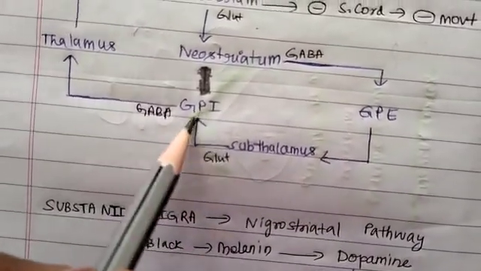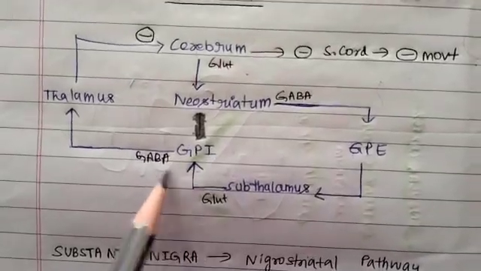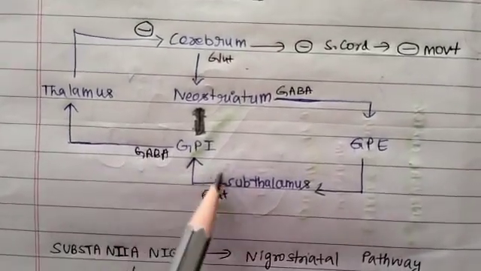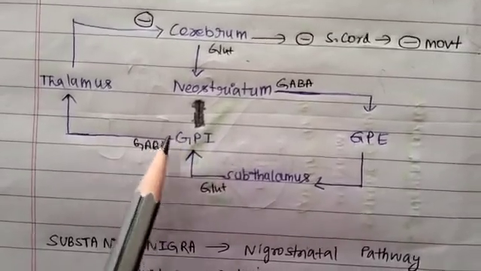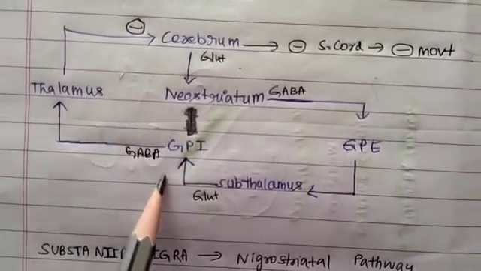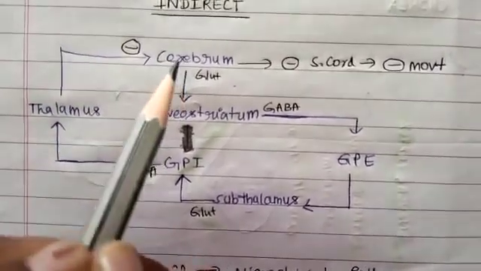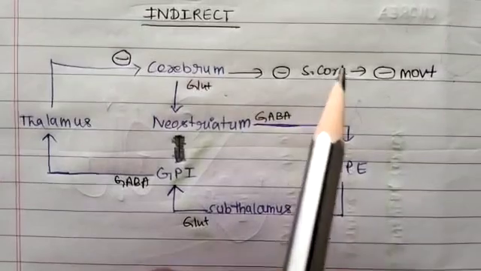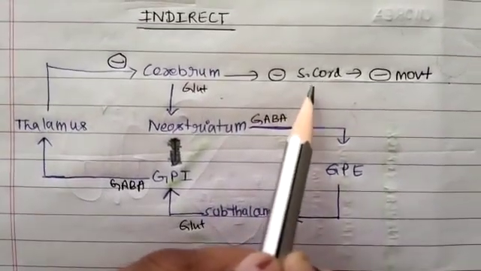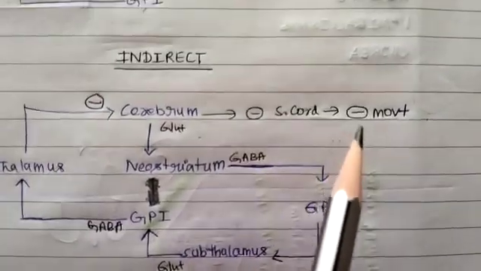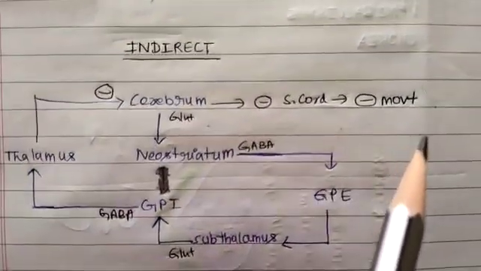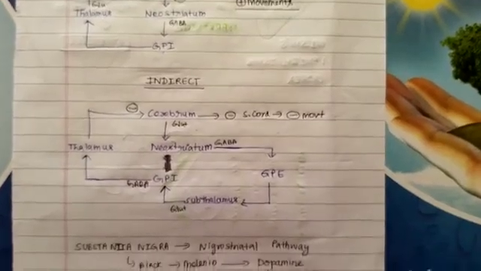Glutamate is going to stimulate globus pallidus internus. Because this is stimulated, it secretes its neurotransmitter, that is GABA. GABA is going to inhibit the thalamus. Thalamus in turn inhibits the cerebrum. Cerebrum in turn inhibits spinal cord. So your lower limbs will not move forward to go to the party. So the action is inhibited. This is what is indirect pathway. So very simple, direct pathway and indirect pathway. You just know the role of how to write the pathways.